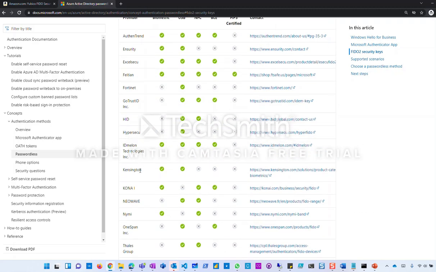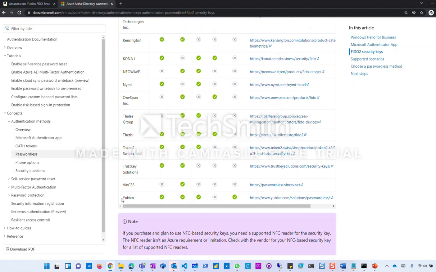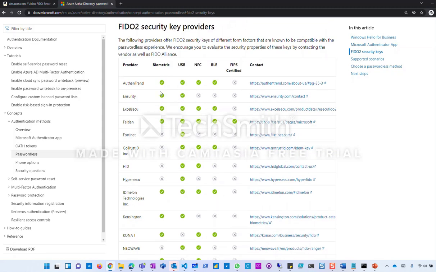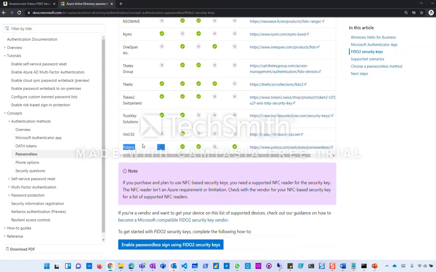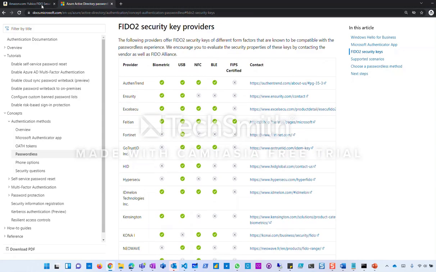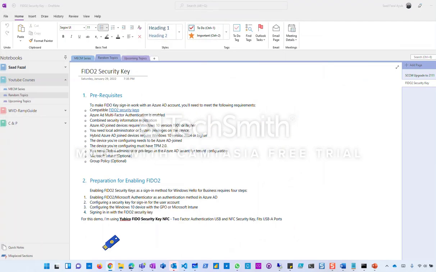So I am actually using the Yubico one, this one, and it's great. Okay. If you have one of these vendors, you're good to go. These are compatible with Windows Hello for Business and Microsoft based technologies. Okay, so assuming you have the keys already in place,